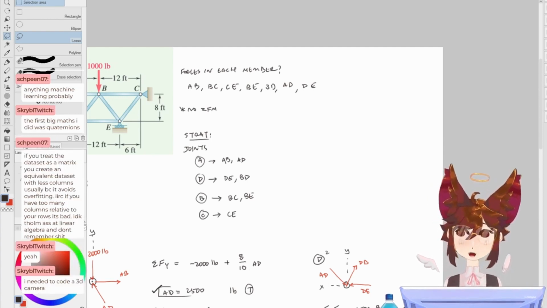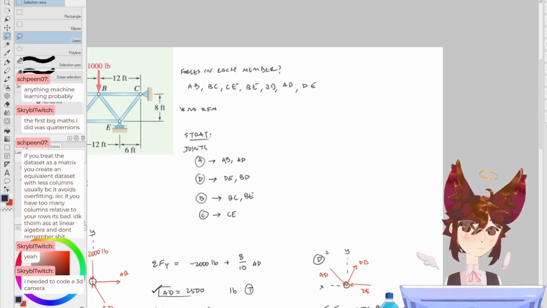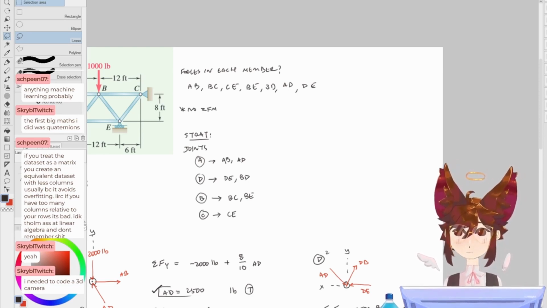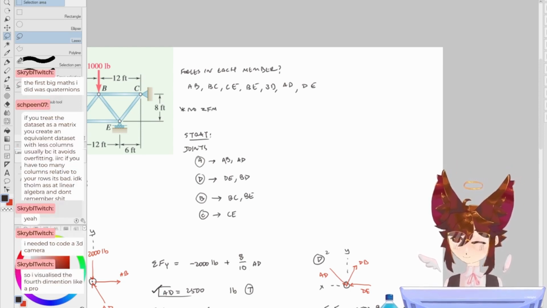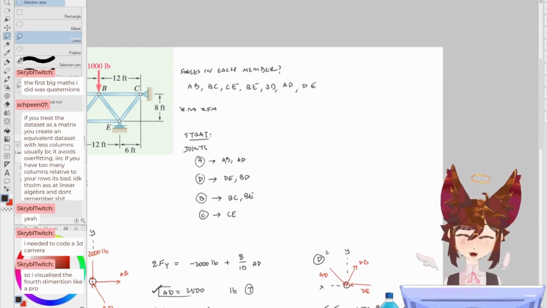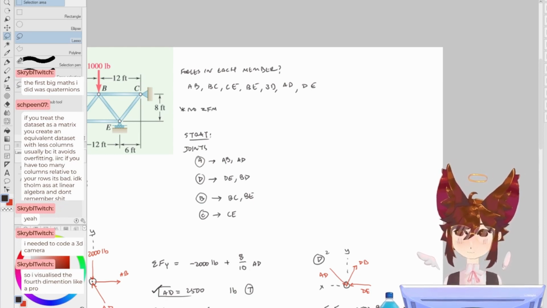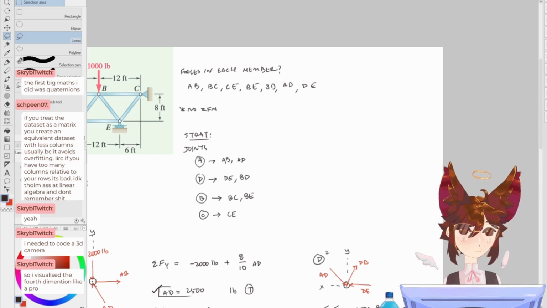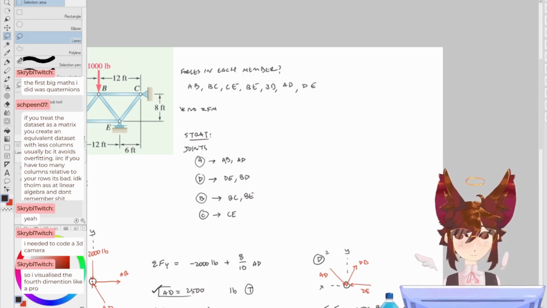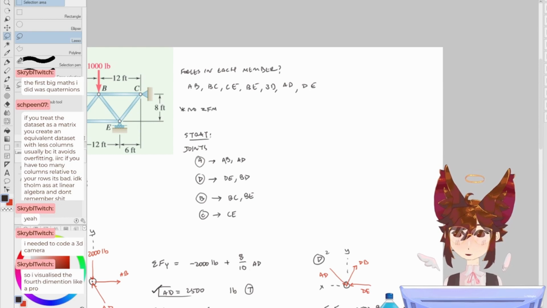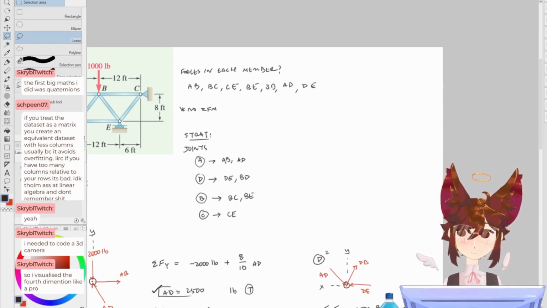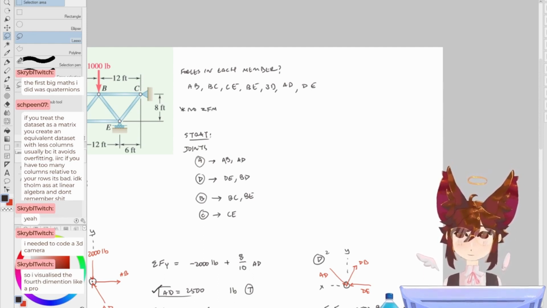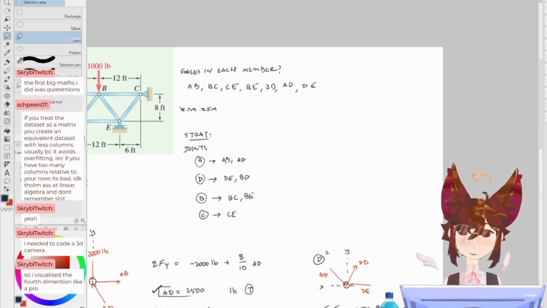I need to code a 3D camera? Oh, that's awesome. I remember for the game that I worked on, we had to do quaternion stuff, and we were like, what the hell is a quaternion? You visualize the fourth dimension? Oh, dude, my professor, he was talking about it. He was like, yeah, there are some people who get good enough where they can actually visualize the fourth dimension, but I cannot do that. I can somewhat comprehend it, but when you start getting into hypercubes, it's like I tap out.